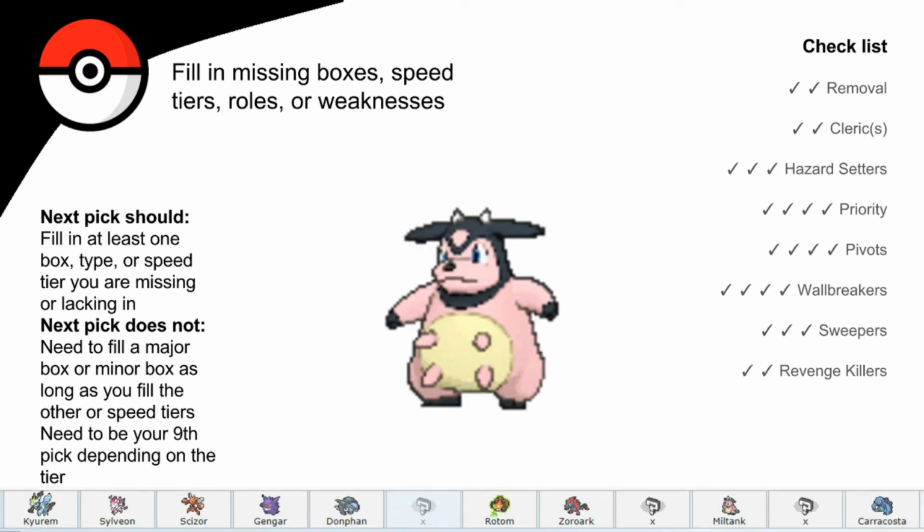Miltank. So here's our defensive Pokemon. It gives us a fat Pokemon that is immune to Ghost, so we don't need to worry about that with Gengar. It's got Thick Fat, so it can resist ice and fire, which we got. We just picked up Rotom, which is weak to it, and we have Scizor, which is weak to fire. And it gives us another Hazard Setter and Cleric with Heal Bell, and it sort of gives us a pivot because it's